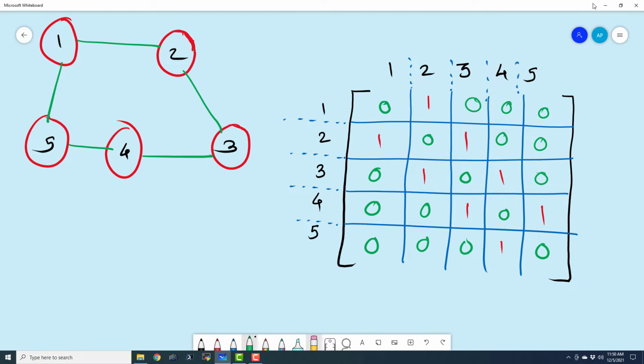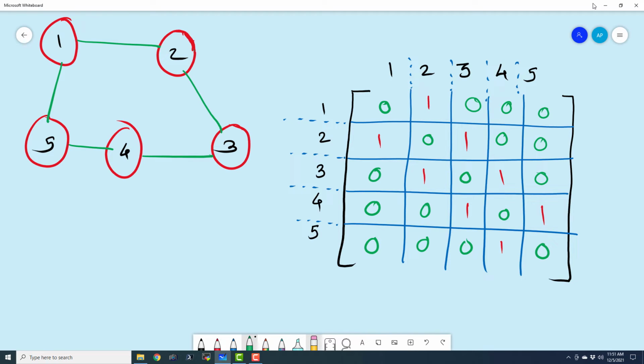Now this type of matrix is known as an adjacency matrix. You also notice one more thing: the upper triangular elements are a mirror copy of the lower triangular elements. This is because this is an undirected graph. The edges do not have any sort of directions. So we are going to see directed graph versus undirected graph further down this entire episode.